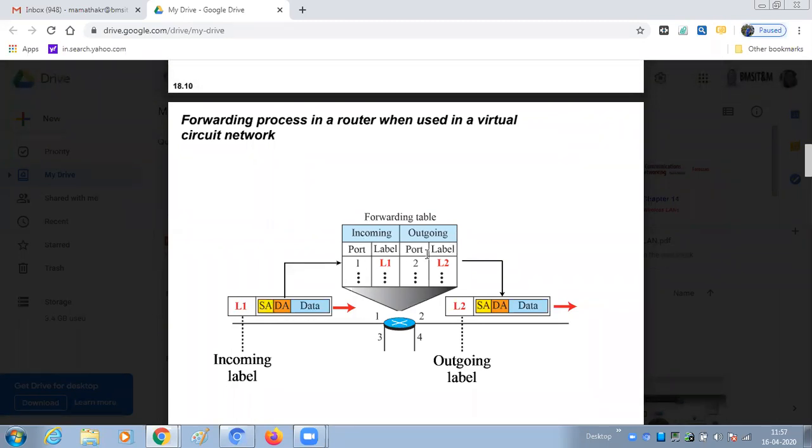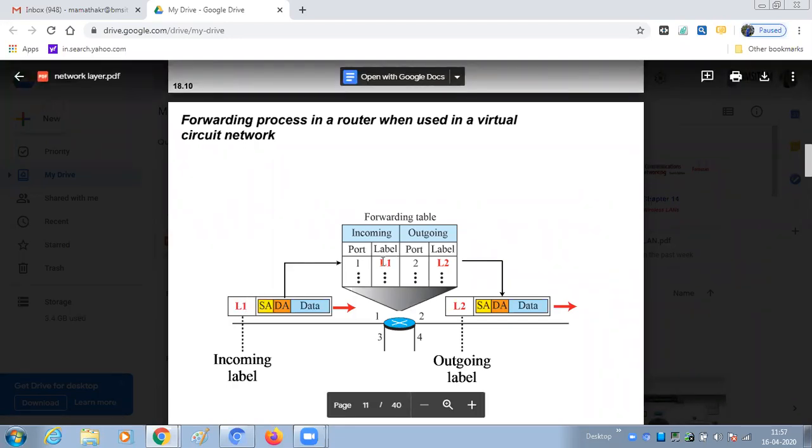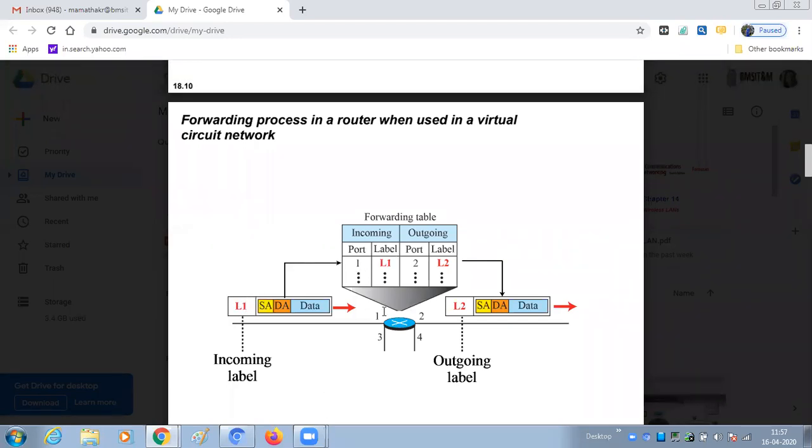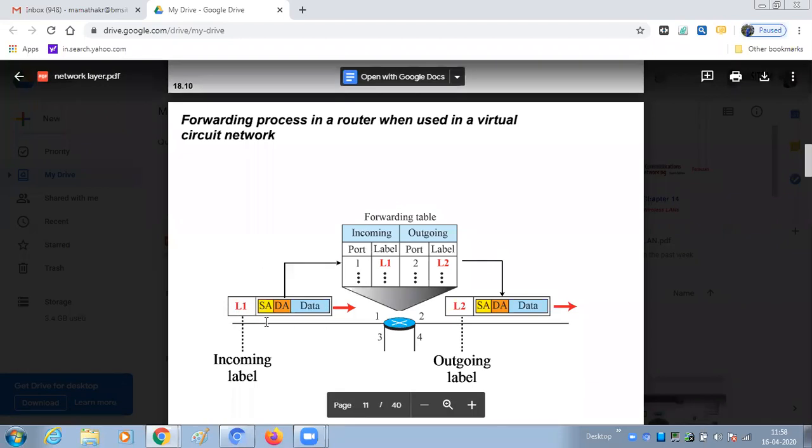Here four columns are there: two columns for the incoming packets, and two columns for the outgoing packets. Here you can see the incoming label is L1. So this is updated in the table with port 1 of the router. This is the packet actually, or we call it a datagram also.